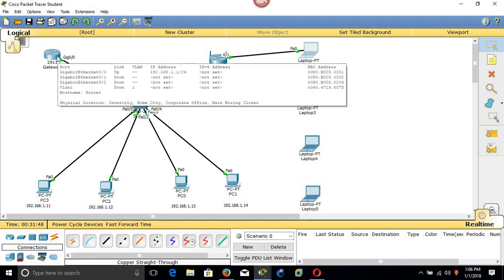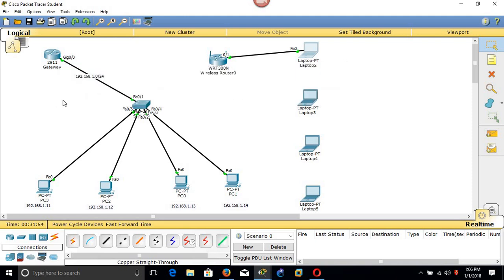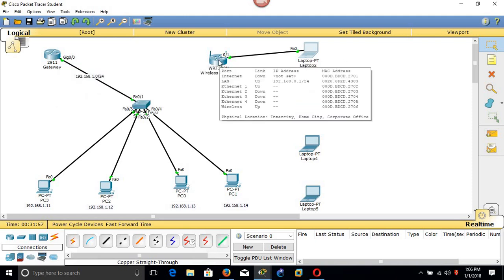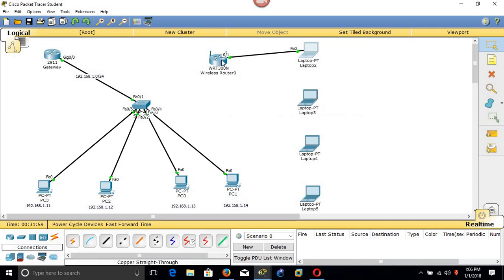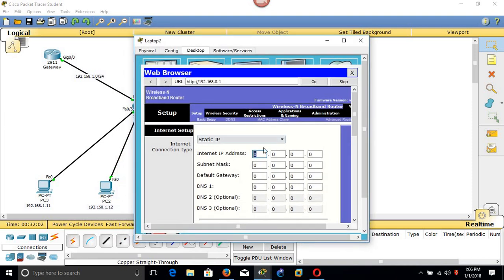So this router is 192.168.1.1, and in this wireless access point I can use .2. Okay, now let's continue. The internet IP address is 192.168.1.2. Then here we have the subnet mask, which is 255.255.255.0 because it is /24. Then the default gateway is